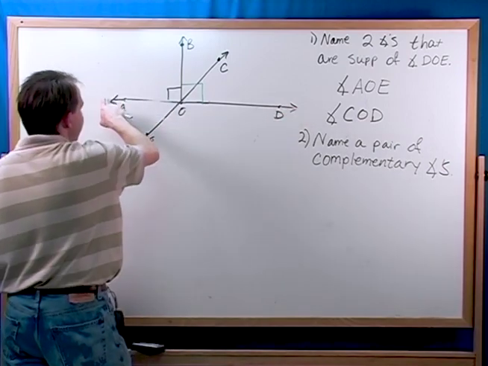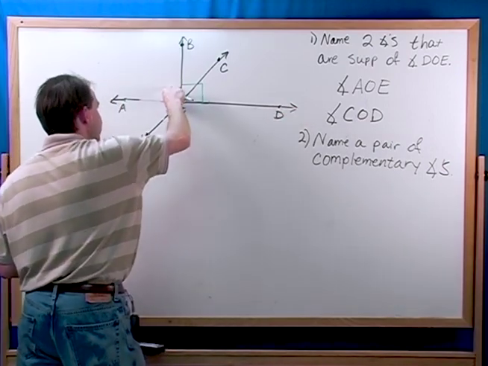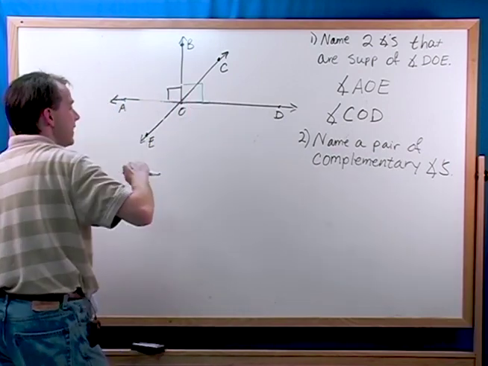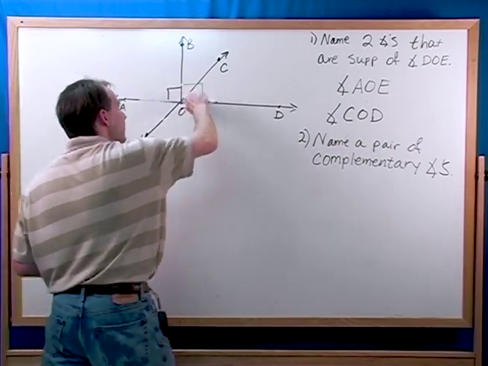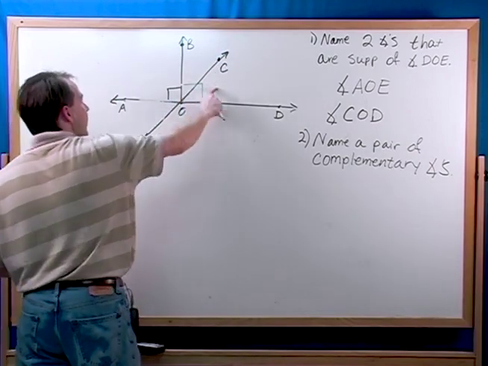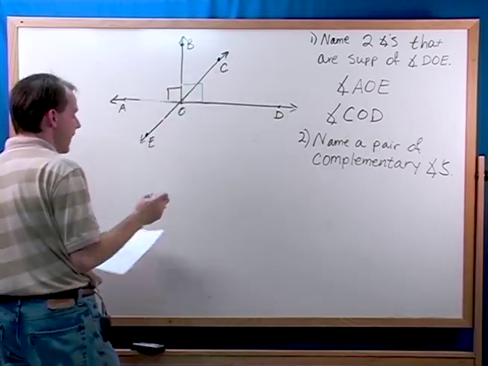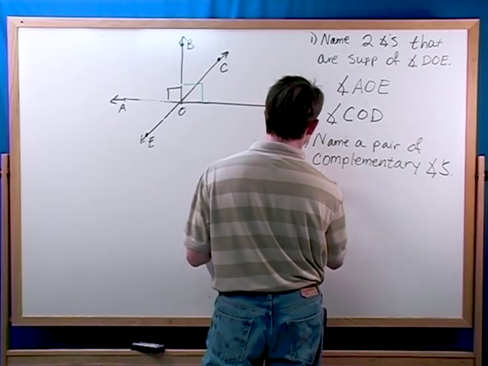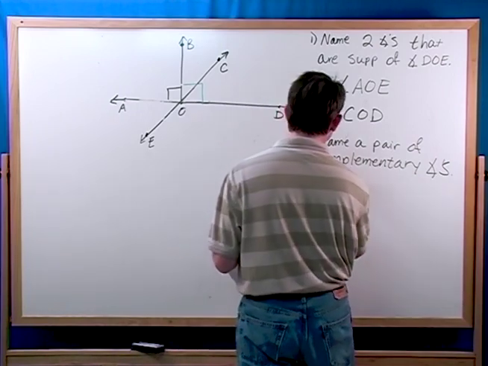So this is 180 degrees, and this part here is 90 degrees, so this part all the way over here must also be 90 degrees. And since this angle splits it up, these two angles have to equal 90 degrees when you add them together. So the two angles that are complementary are angle BOC